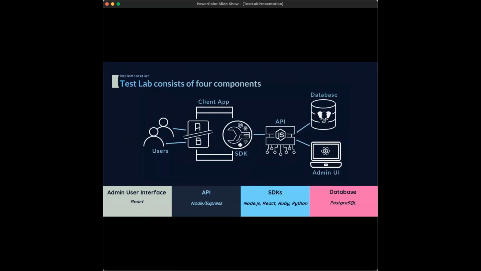of Test Lab infrastructure. Before I begin discussing the specifics of our architecture, I do need to address one key implementation challenge that we faced: ensuring that users of our client site are only enrolled in one experiment at a time. If users are enrolled in multiple experiments concurrently, it would be impossible to determine whether any difference in tracked user behavior was the result of the variant being evaluated or the combination of variants to which the user was